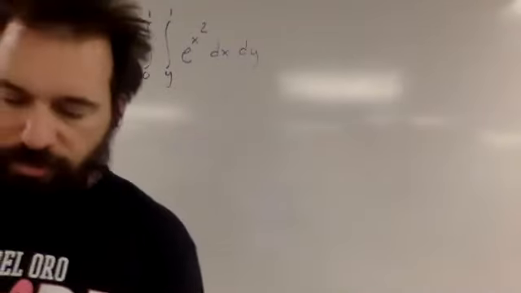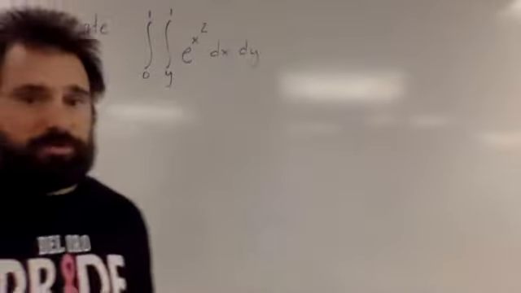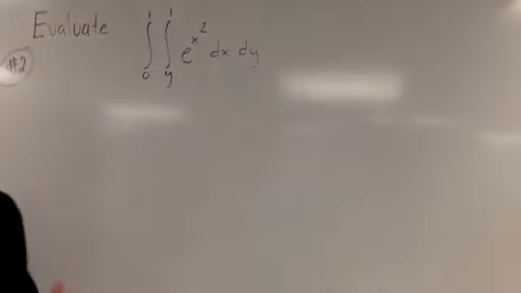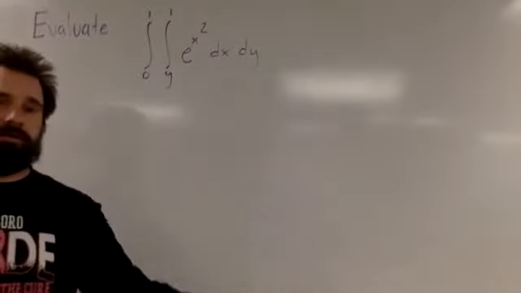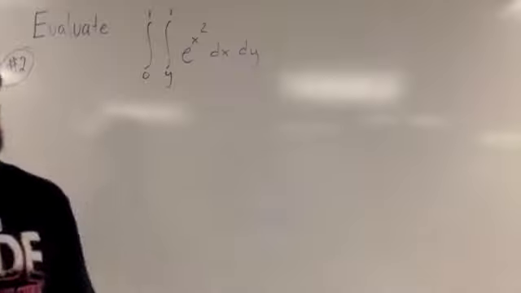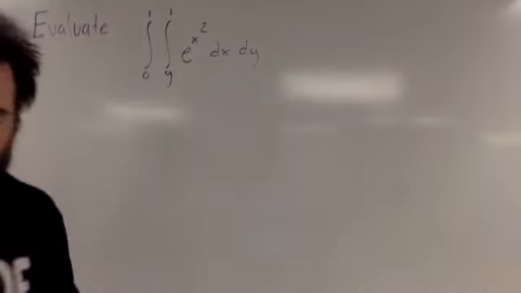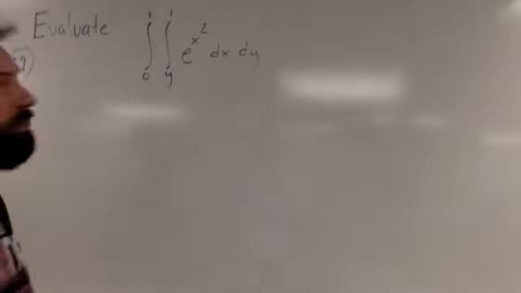Here we are back with a solution for number 2 from your quiz on Monday, March 30th. This one now is an iterated integral that's given to you. My bounds, it just looks like, okay, cool, let me integrate with respect to x and integrate with respect to y. That's the order that's given to me. But when I look at this, the first issue is that I cannot integrate